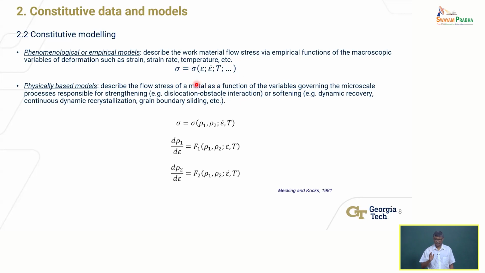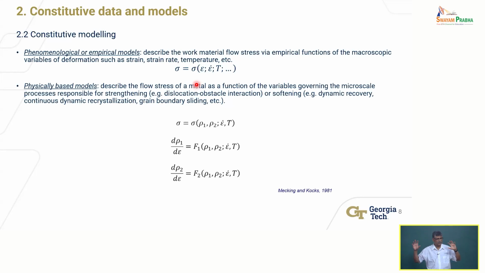You can conduct tests at different strain rates and temperatures, compression tests, typically compression for machining, because the material is being subjected to compressive stresses. I mean, not just compressive, it's being subjected to a complex state of stress, but most metals under compression will deform more than in tension. So essentially compression tests are used at different amounts of deformation, different rates of deformation, and at different temperatures to build an empirical relationship between the stress, strain rate, and temperature.